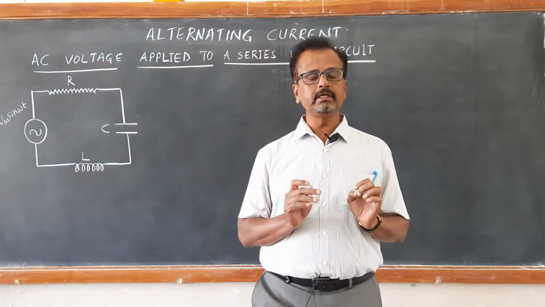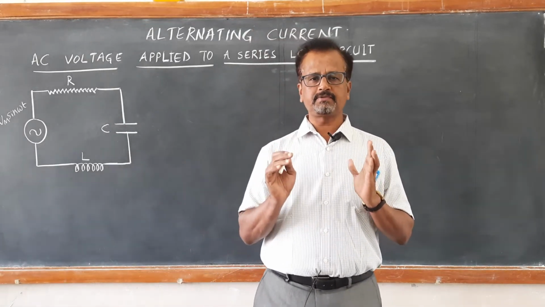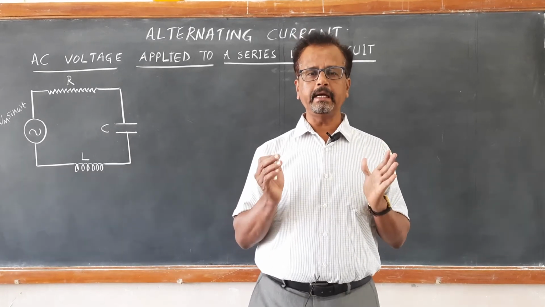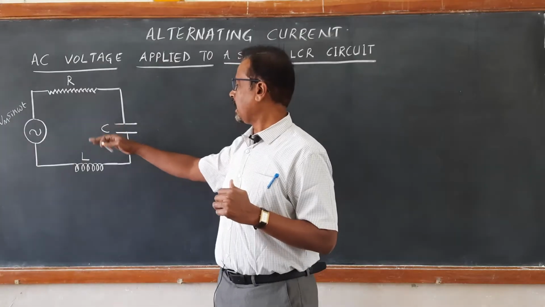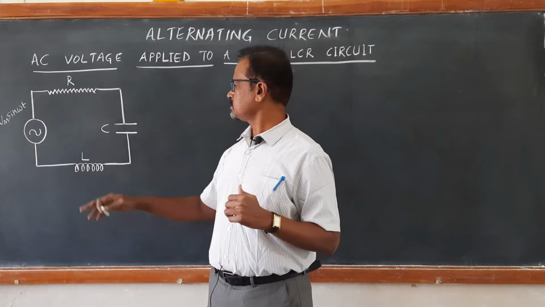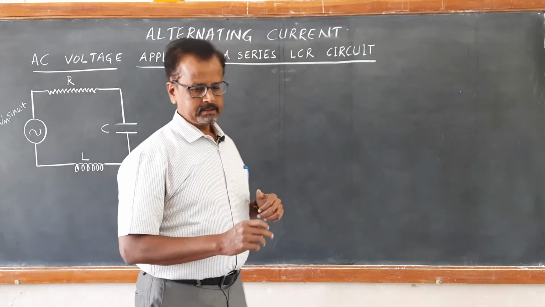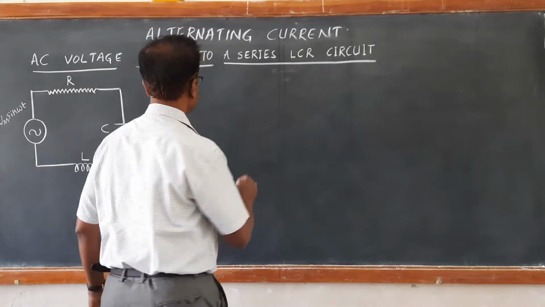Then, using Kirchhoff's voltage law or Kirchhoff's loop law, we can write the relation between the source voltage and the voltage across the inductor, capacitor and resistor. First, if Q is the charge on the capacitor,